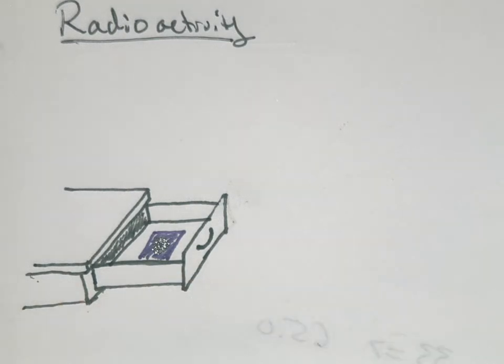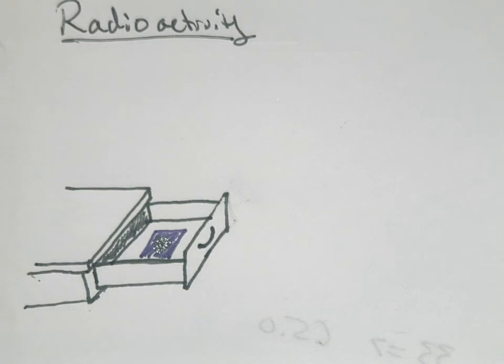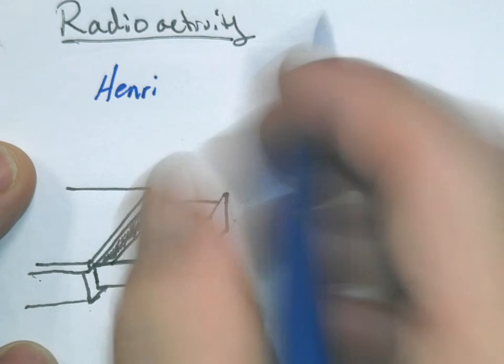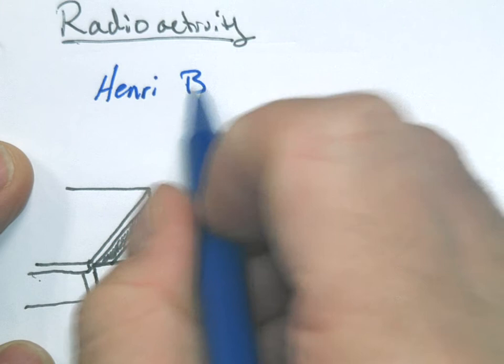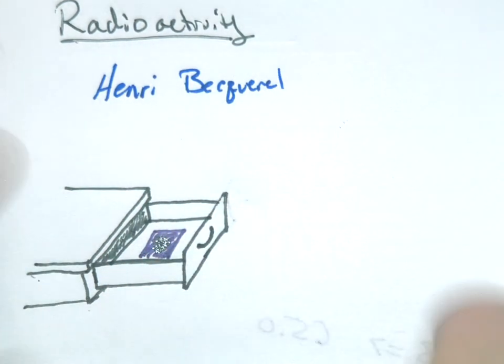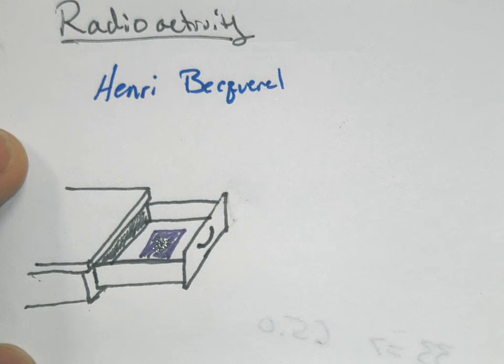Today we are starting radioactivity, and we're going to start with this little accidental experiment that was performed by a scientist by the name of Henri Becquerel. Okay, and of course he's French. That's why he had this outrageous accent. Okay, and in 1896.